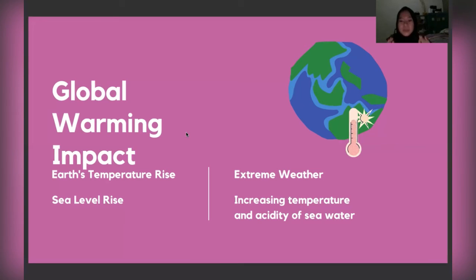The increased temperature and acidic level of seawater certainly has various impacts on the environment and marine life, starting from bleached coral reefs, triggering stronger waves and storms, threatening the life of shellfish, and destroying the food chain of marine life.